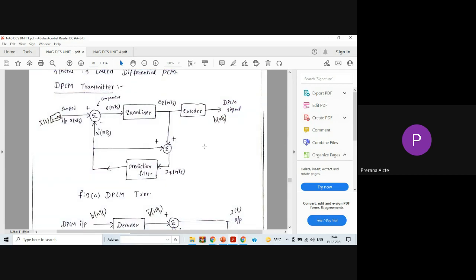See the difference. That's why here first we are taking the sampled input signal and we are taking another input as the prediction filter input. So we find the error signal as e(nTs) = x(nTs) - x̂(nTs). We call it the error signal, which is applied to the quantizer. The quantizer output signal is eq(nTs). Again, we are adding this quantizer output signal to the prediction filter output. Then we get the DPCM output.